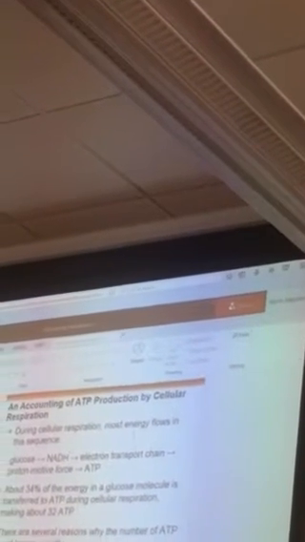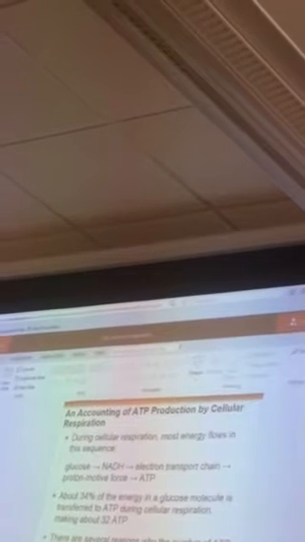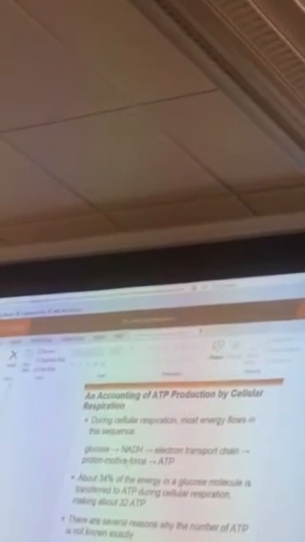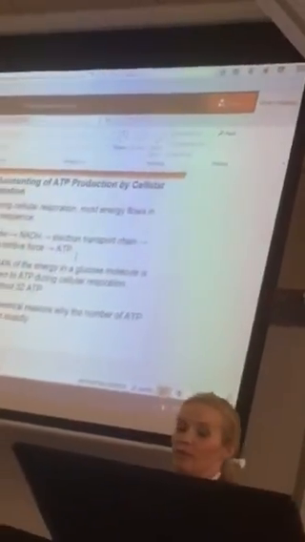A lot of that energy gets put on these electron carriers that get sent over to the electron transport chain. The electron transport chain generates a proton motive force that is then used to make ATP. So this is where most of the energy is coming from. And this is also pointing out that about 34% of the energy in a glucose molecule is actually transferred to ATP. That means that the rest of it is given off as